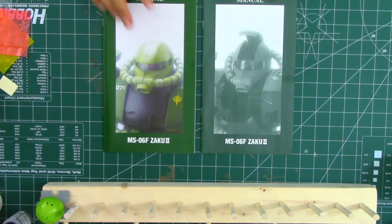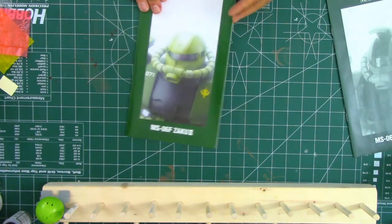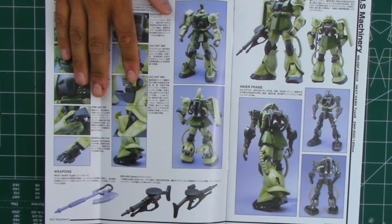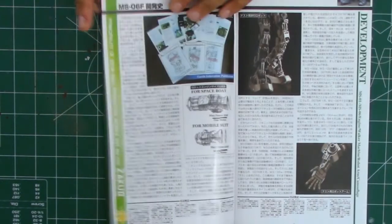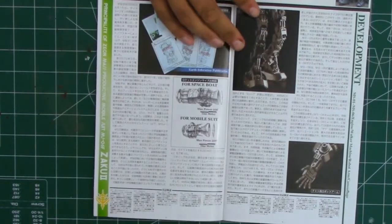Like the RX-78 and all of the Perfect Grades up to, as far as I know, at least the Astray, it comes with 2 books. You got your instruction manual and your construction manual. We'll start with the instructions first. This is like the RX-78. Instead of having box art or a center section like a Master Grade kit would have, this has a whole additional booklet detailing the history of the model, the features of the model, and then the history of the mobile suit itself,